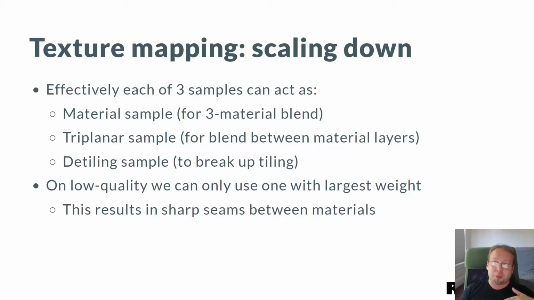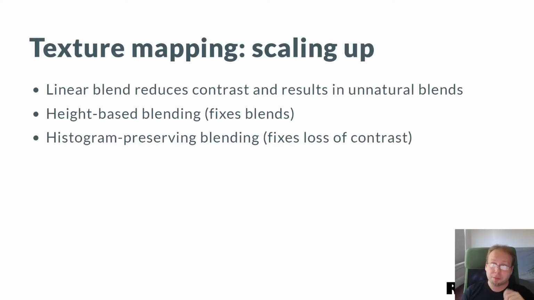If we are really desperate, which we are on some of the low-end devices with very weak GPUs, we can go one step further and say, well, we have 3 texture samples that we need to do, but really let's just do one with the highest weight. Of course, this is not great from the quality perspective. You see very hard seams between materials, etc. But if performance is more important than quality on some of these devices, then it's still a viable path that you can take, and we do take. Now, in terms of scaling up, the biggest problem with this technique tends to be